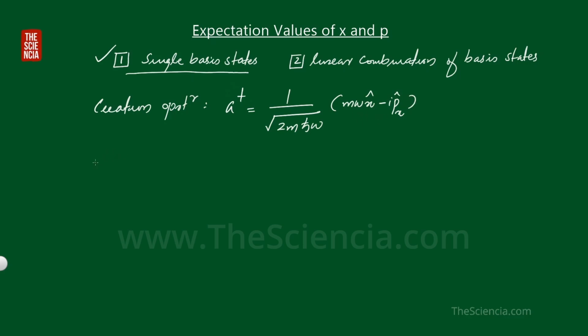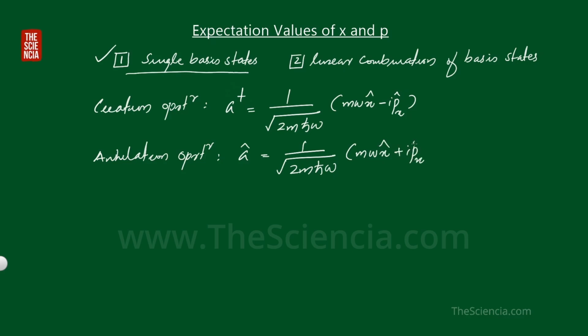And we know the annihilation operator, that is a is equal to 1 by root 2m h cross omega, times m omega x cap plus i p x cap. Here first I am going to add these two operators, that is a dagger plus a,